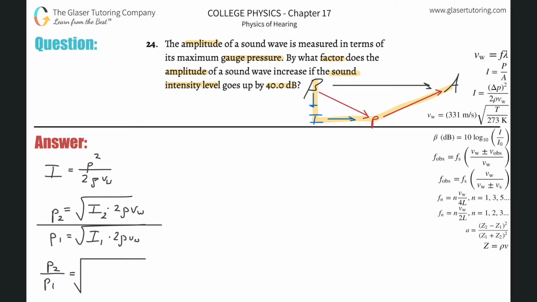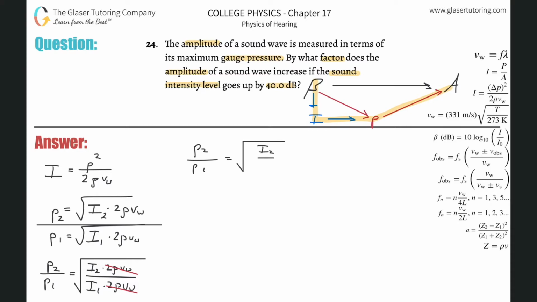Okay, and then it's going to be I2 times 2 rho VW all divided by I1 times 2 rho VW. And what do you notice? We can cancel these, right? So notice already that it looked complex to begin with, but now it's starting to be simplified already. So now here's the P2 relative to P1 would be equal to simply the square root of I2